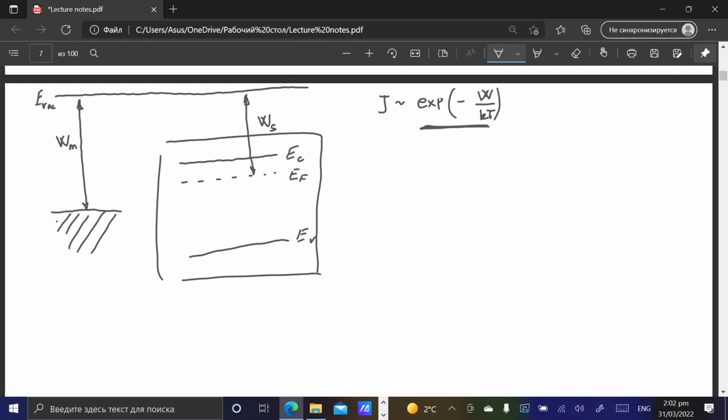So electron flux from the metal, by definition, because of large work function, was small. So there was large flux of electrons from semiconductor to the metal. But because of this internal electric field which is induced, this flux will be reduced. So there will be some potential barrier for electrons to move from semiconductor to metal. And eventually, with the help of this potential barrier, we will reduce the flux of electrons from semiconductor to metal